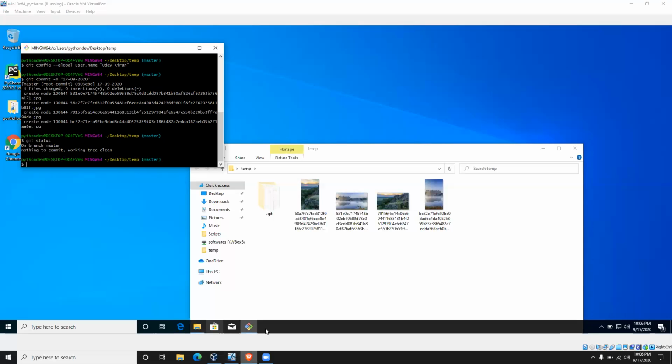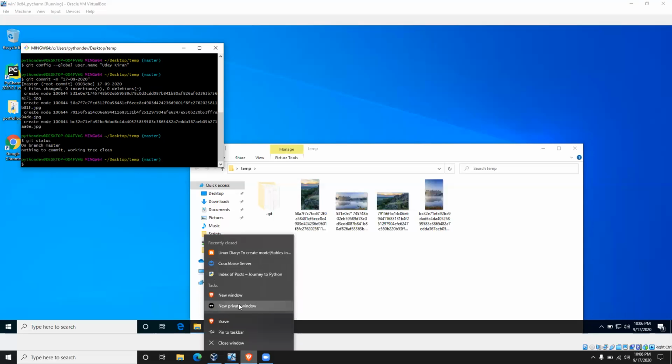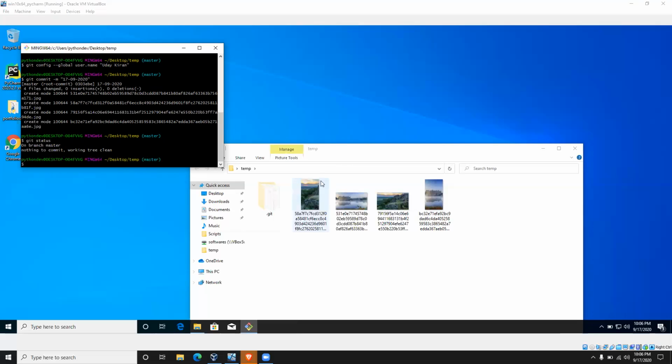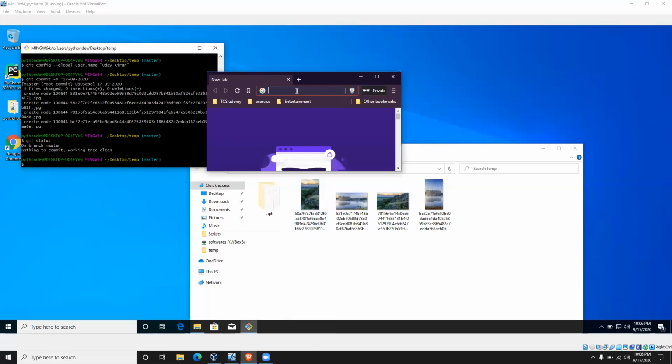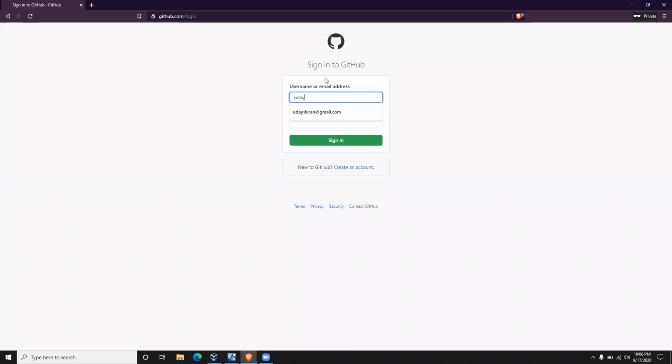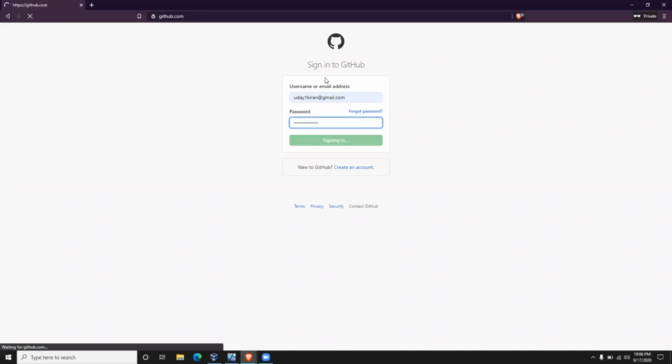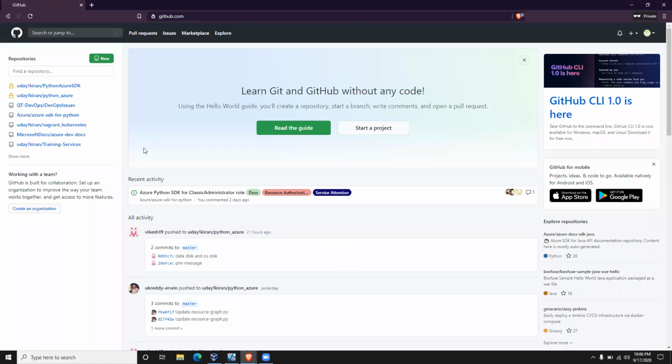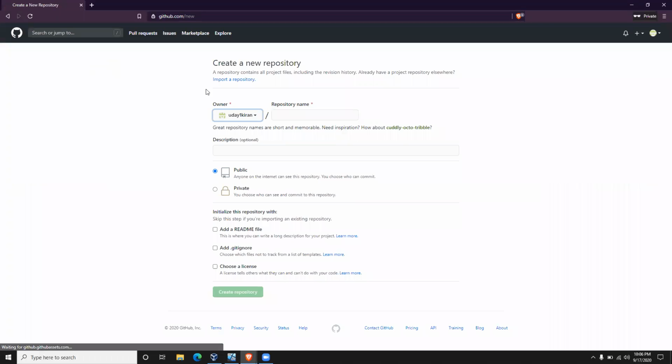What I will do is I will create a repository online and I will sync this one there. I will create a new repository.